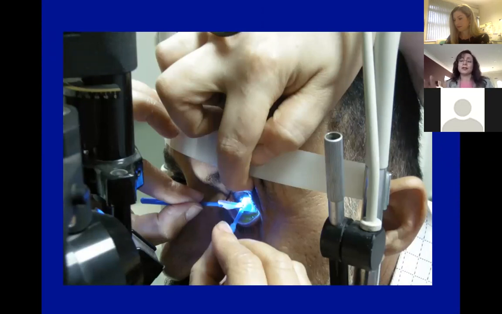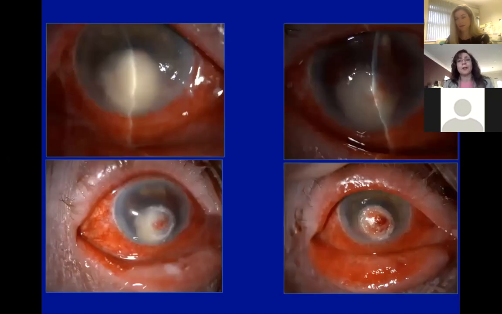Actually, with a slit lamp, you can see very well and check exactly the point, so you can deliver a very small amount of glue to the area of perforation. When you have a leak with an active infection like this, it becomes a problem because you can't really put a bandage contact lens. If you put a bandage contact lens, the infection can get much worse, like that happened